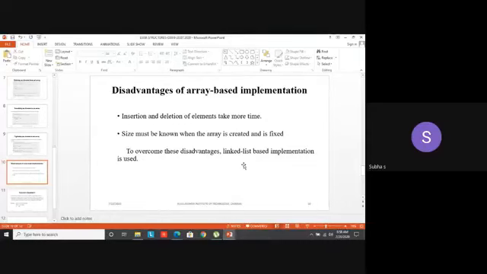So it will take obviously more time. It has to move from each position. Similarly, deletion also. So it takes more time. That means it is very expensive. Insertion and deletion are expensive because they consume more time. Time complexity is very high. And also the array size must be known when the array is created, and it is fixed in case of static array.